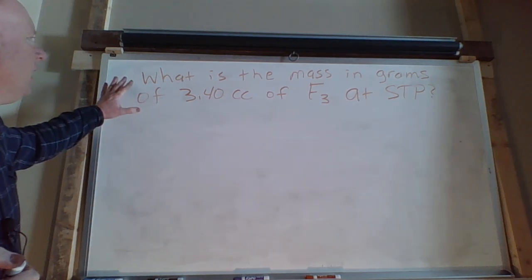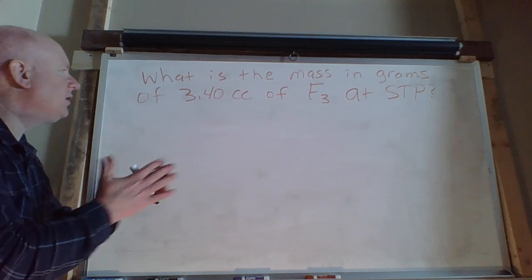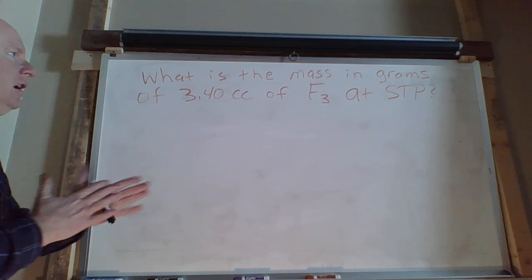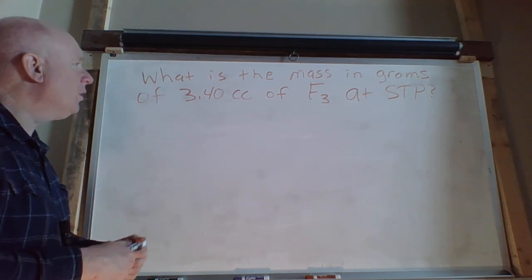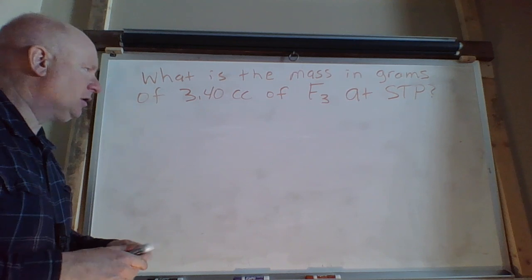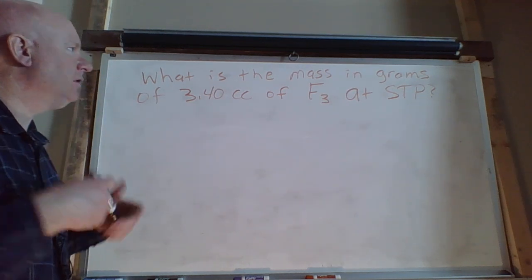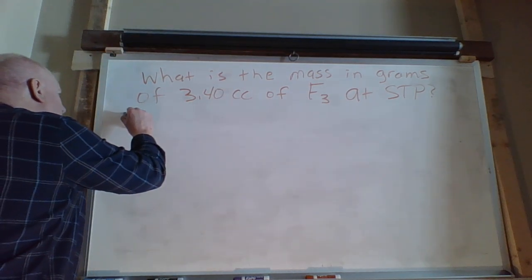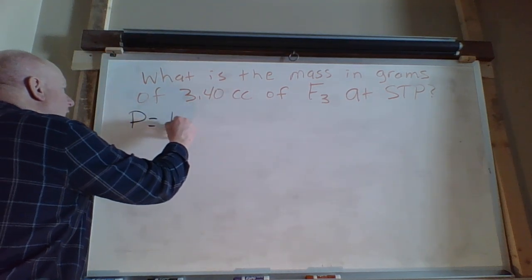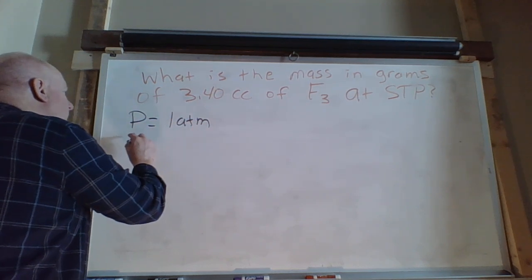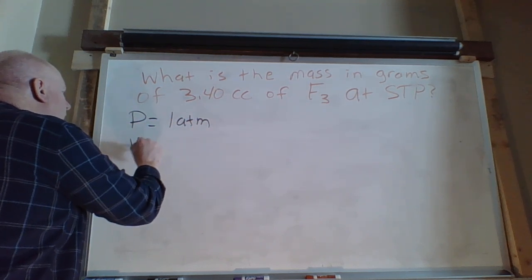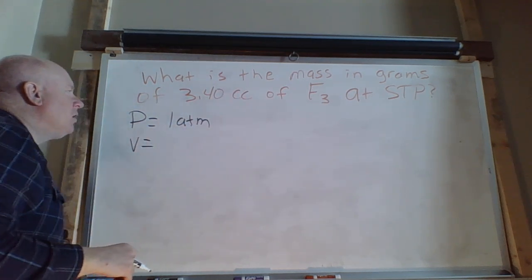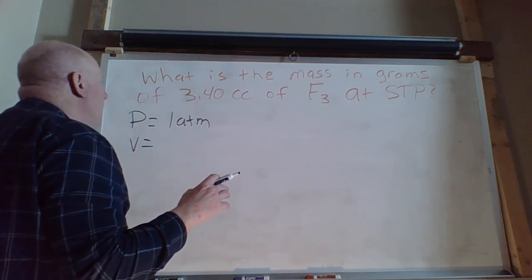So again, this is number 10 on your second paper. It says, what is the mass in grams of 3.40 cubic centimeters of F3 at STP? If you're going to say, I'm an ideal gas law person, there's nothing wrong with that. You know the pressure is 1 atmosphere because it's at STP. We know the volume, it's 3.40 milliliters because that's what a cubic centimeter is. So you're going to want to divide that by 1,000 to give you